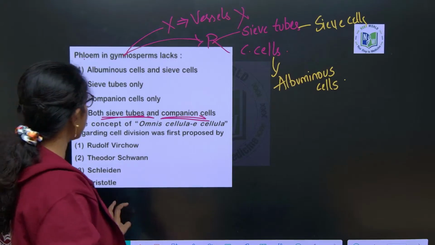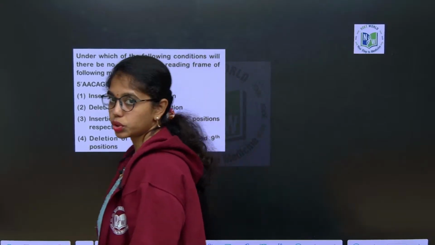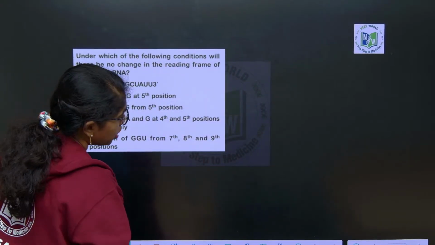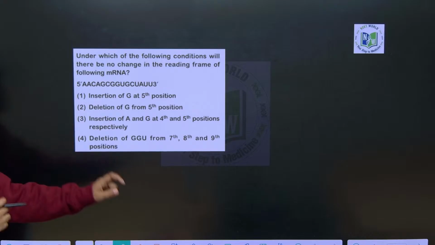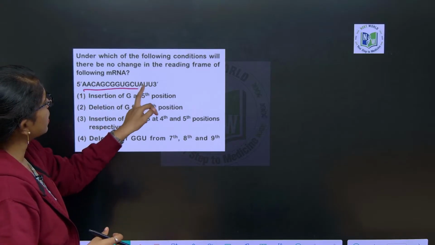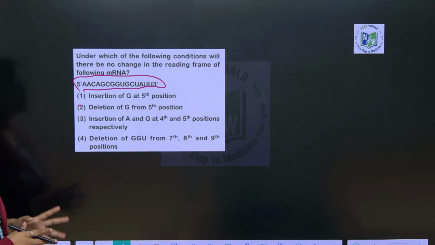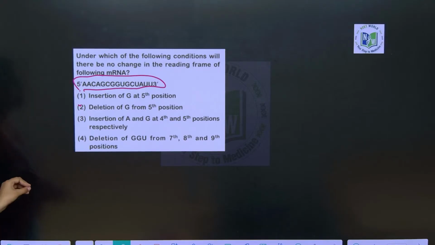The next is the same question. We have discussed it just now. Now, the last question. It is from genetics again. From genetics of 12th NCERT, we can find a huge number of questions, wherein here one strand is given and he is asking under which of the following conditions there will not be any change in the reading frame